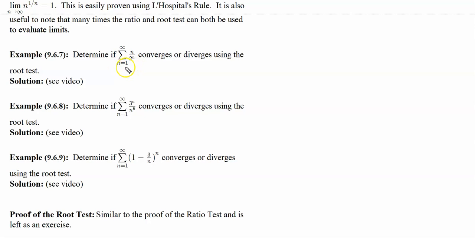So in our first example here, we want to determine if the sum from 1 to infinity of n divided by 2 to the nth power converges or diverges using the root test. So we have to evaluate the limit. Now in this case, the a sub n's are just n over 2 to the nth power, so this is going to be, and now by rules of exponents,